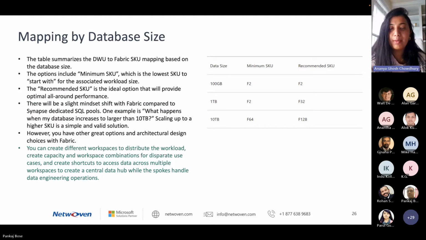Yes. Now talking about the mapping of Azure Synapse DW to Fabric SKU based on the database size. You have to choose based on your data volume. For example, for a database of 100 GB, the minimum and the recommended SKU is F2. When I say minimum SKU, that is the minimum that you should absolutely look for, and recommended means that if you take that SKU, you'll get better performance in terms of cost and operational excellence. For 1 TB, the minimum SKU is F2, but the recommended is F32 because the F32 SKU provides